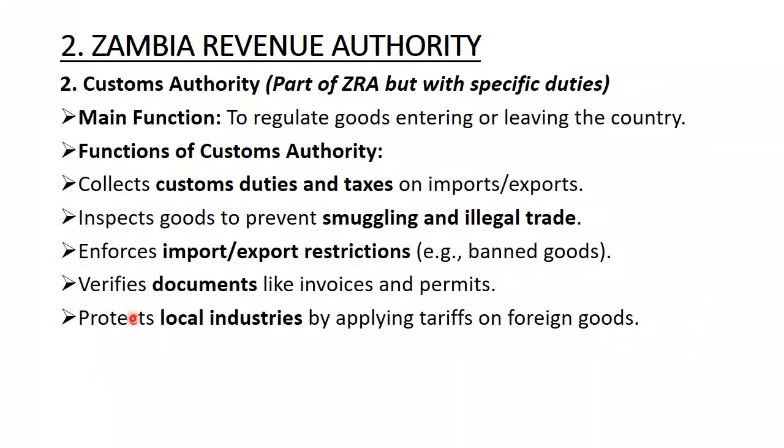So what it means is if you want to import things into Zambia, they see if Zambia has people who are supplying those things. If Zambia has people supplying those things, they are going to make sure that the import tariffs, which is the additional money that foreign companies are supposed to pay, are very high so that these foreign companies cannot bring goods into Zambia, because they'll be discouraged by high